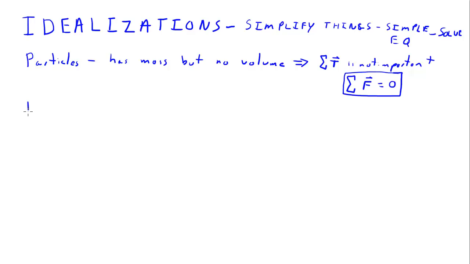Okay. Second idealization is this concept of a rigid body. So we said, you know, there's no such thing as a rigid body. Everything deforms. What do we really mean by deformation? Well, we mean if there are two points on the body and something happens to the body, then those two points are still the same distance away from each other. So a rigid body is idealized by saying it's made up of particles whose relative